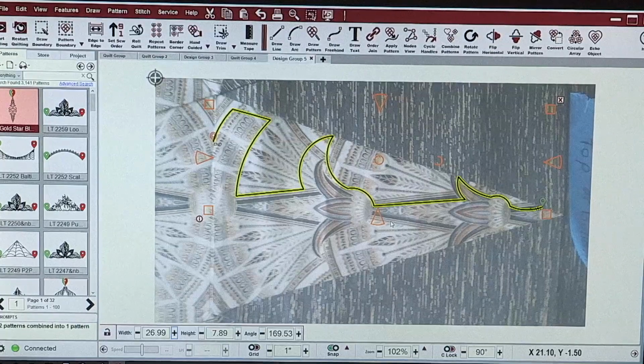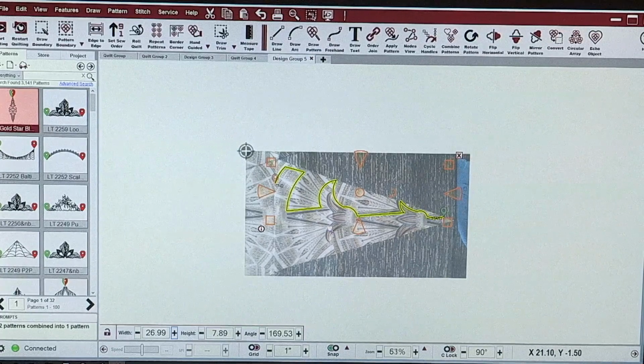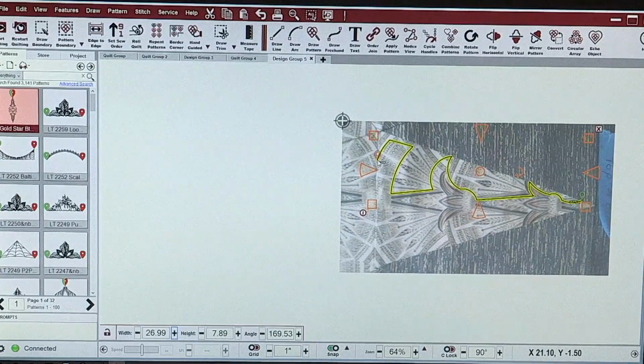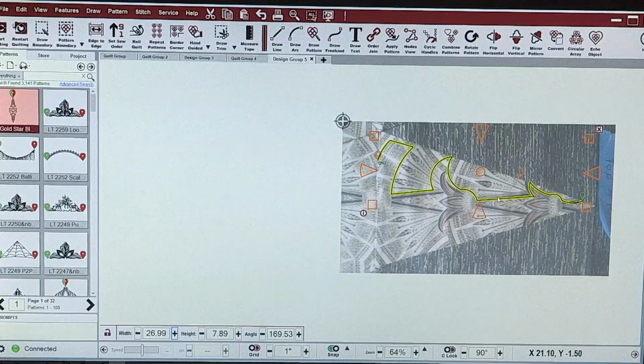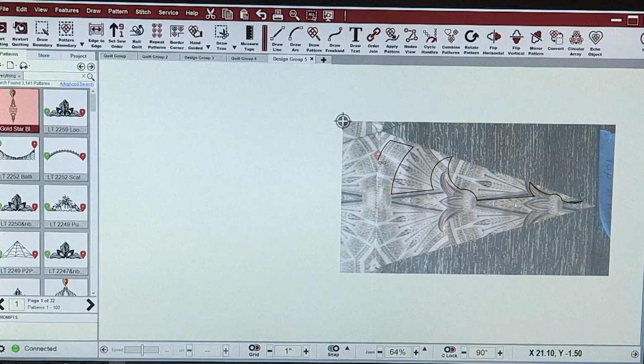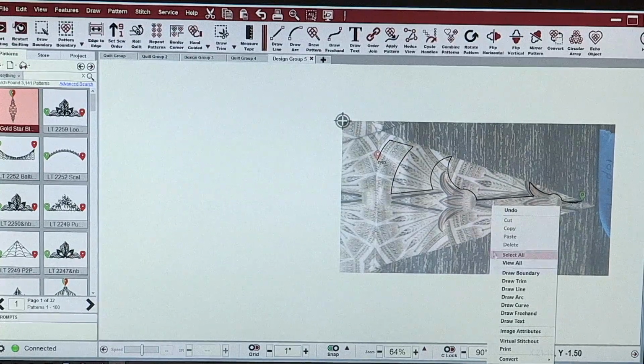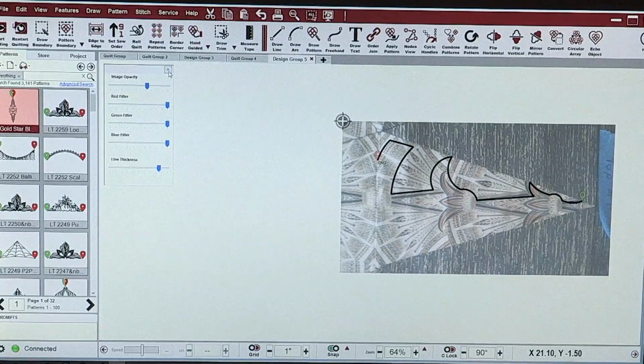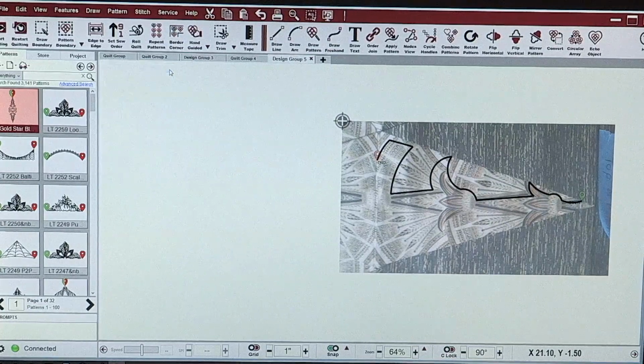So from here I'm going to scroll out a little bit, because I'm first going to mirror this over this direction. And if I don't think it's thick enough, if I can't see it well enough, I can right click on the CAD screen, image attributes, go to my line thickness and maybe increase that line thickness a little bit so that I can see it really well. I like that a little bit better. So I'm going to get out of image attributes, close that form,